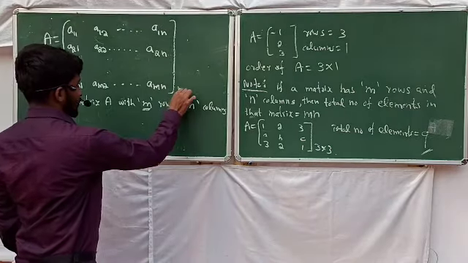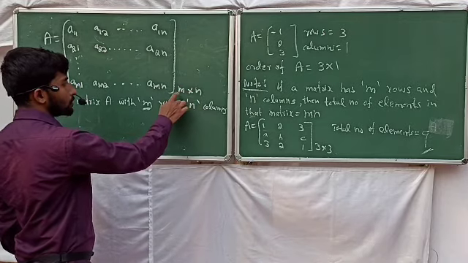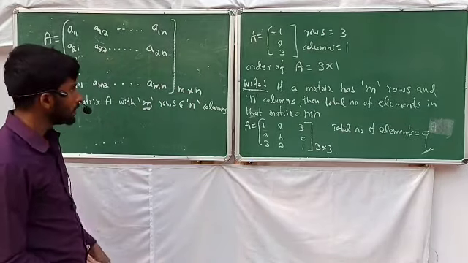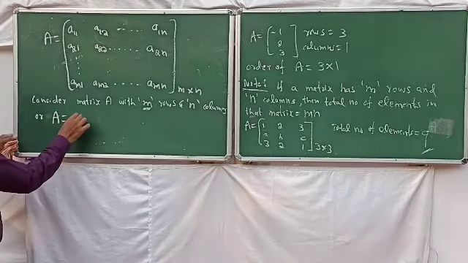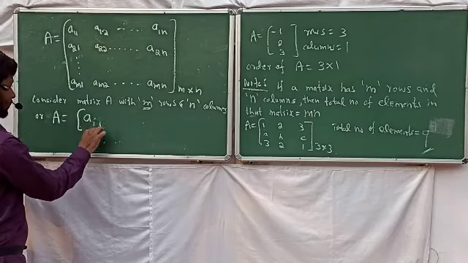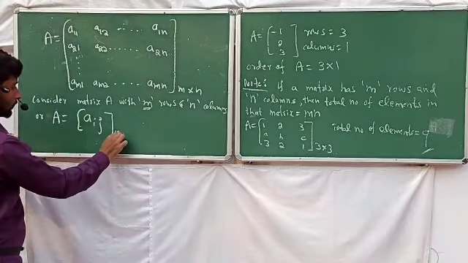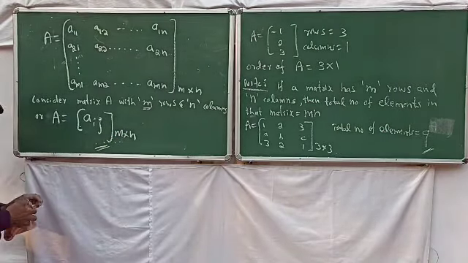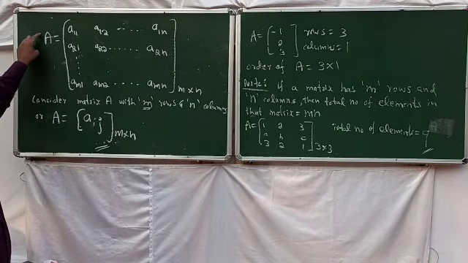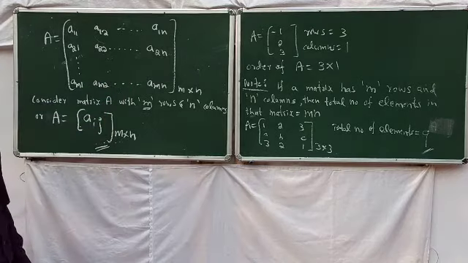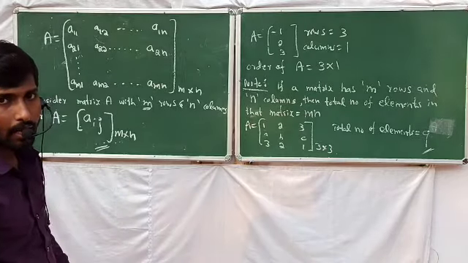So order is m by n. You already taken m rows and n columns. Order is row by column. So order is m by n. It's a general representation, or you can write A is equal to Aij. Aij represents each element of the matrix A of order m by n. It's a representation. A is equal to Aij of m by n means matrix A equal to a11 ends with amn. It's a general representation of the given matrix with m rows and n columns.